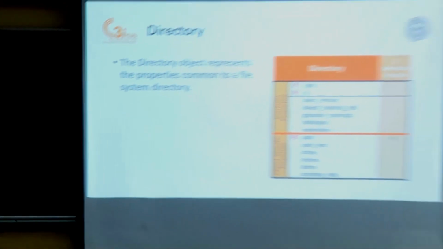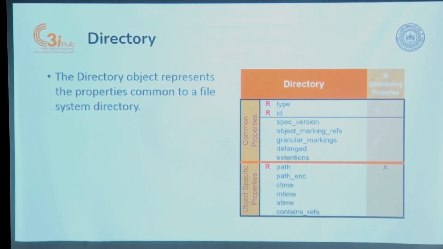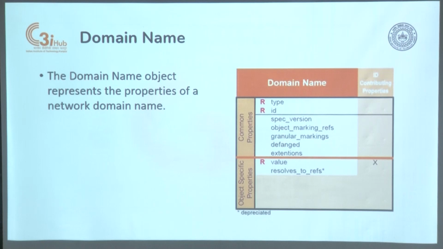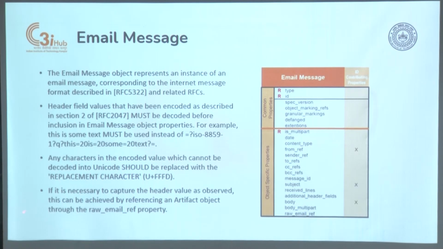So the directory object is mainly characterized by path and so on. For the domain name object, the value here may resolve to a reference. Here you can actually put the IP address it resolves to. The email address object represents a single email address. The email message has to be decoded, the header has to be decoded, etc. So whether it is a multi-part email and so on, you can have a lot more information, or this is at